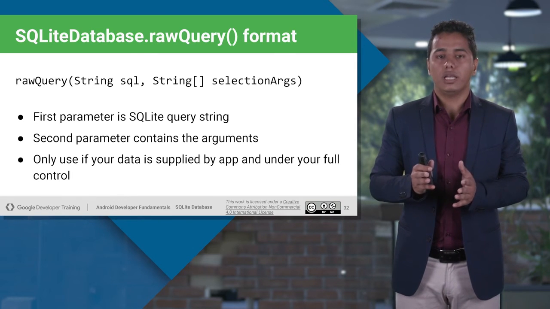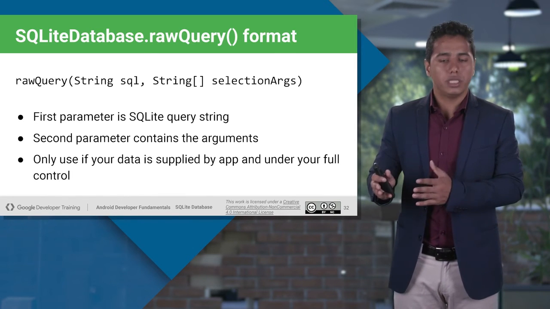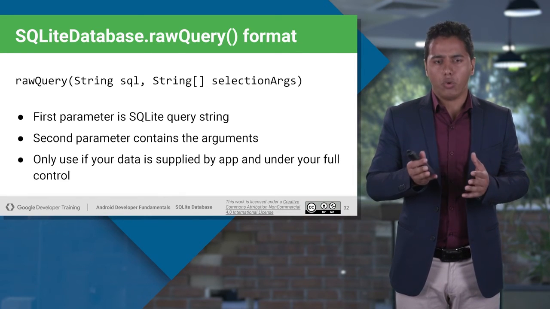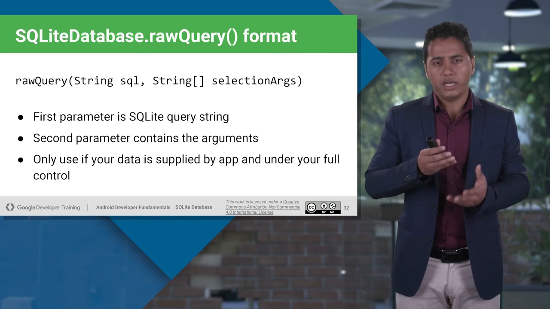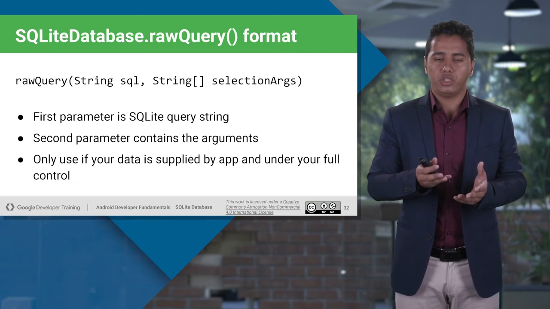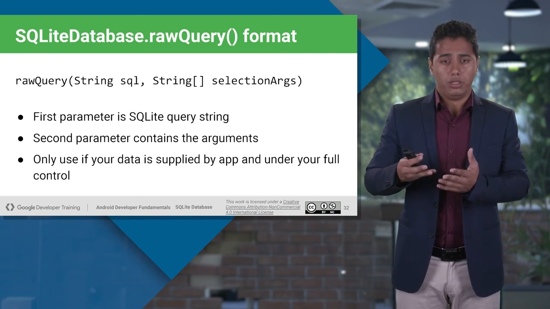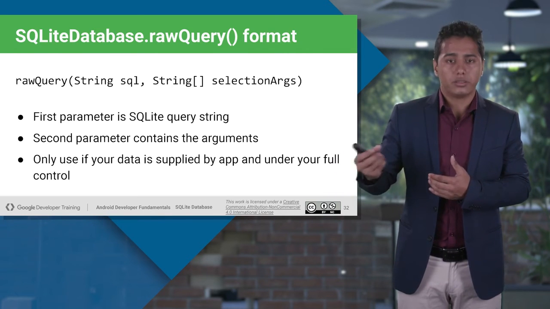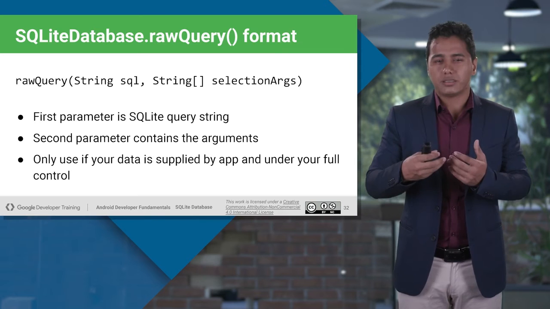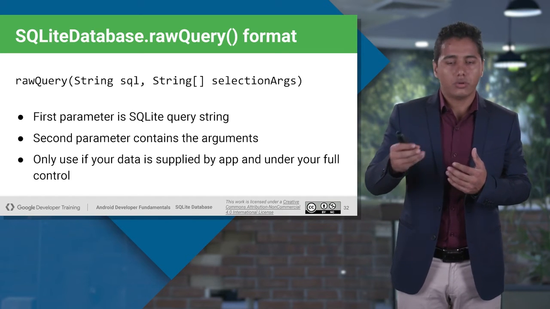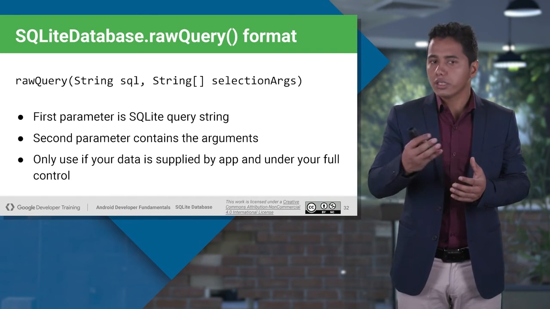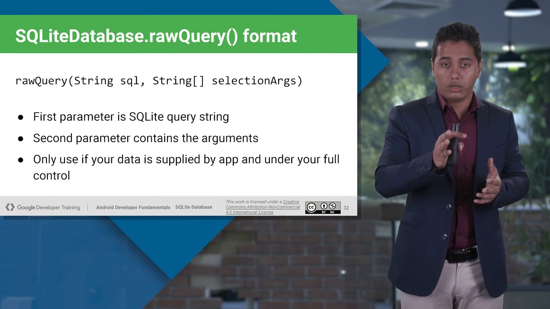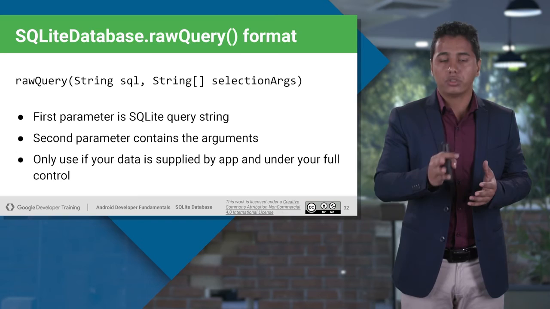Like if you want to select the whole table, select star from the table name. Now, if you want to select a particular row or set of rows, then your query will change: select star from table where column name equals this, or where column name is less than this. So accordingly the query will change, and you can directly pass the values, your where clause or where values inside